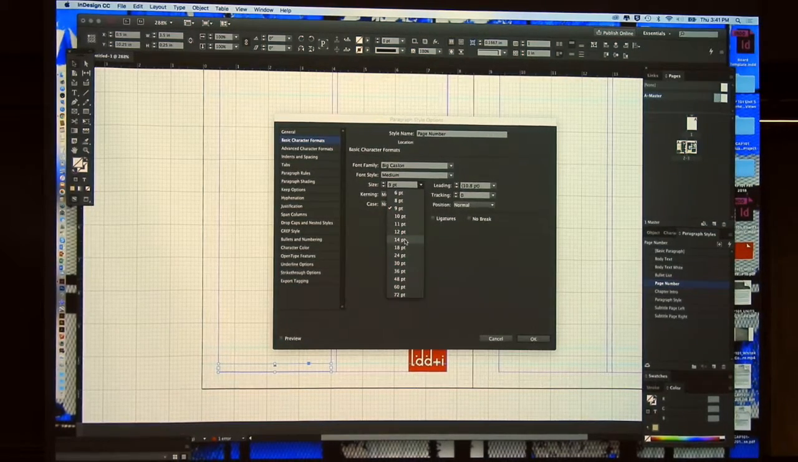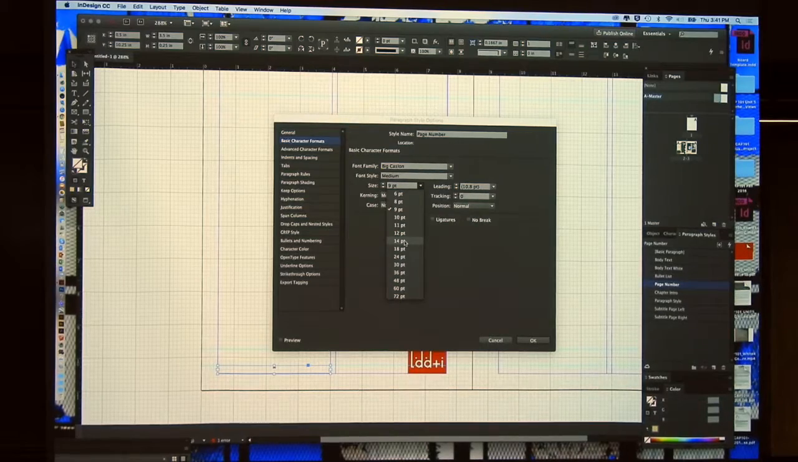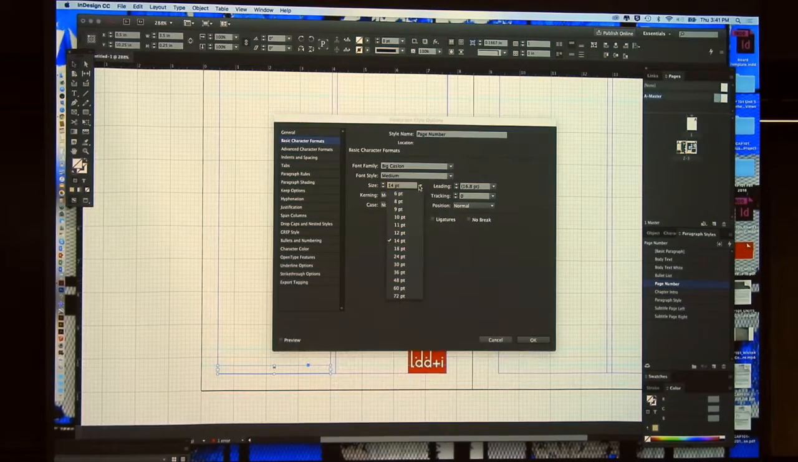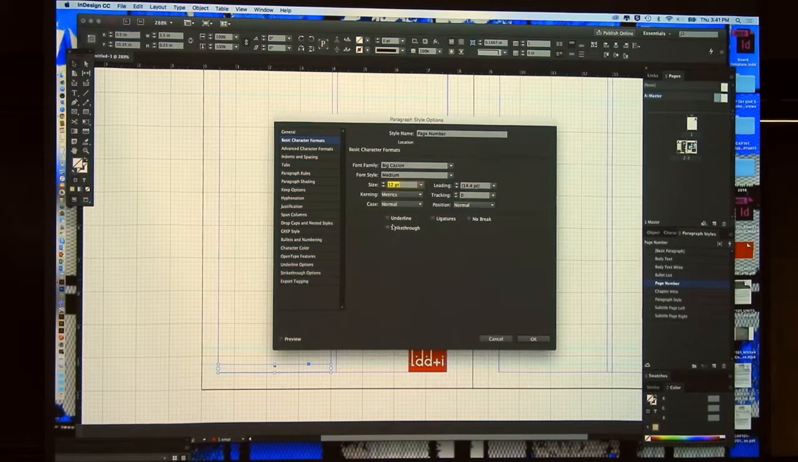So let's say I want our page numbers to be a little bit bigger. This is where we would do it. So if I want them to appear 12-point,